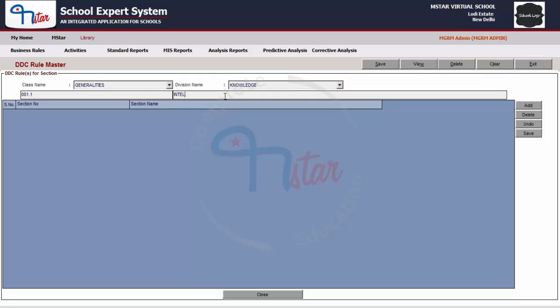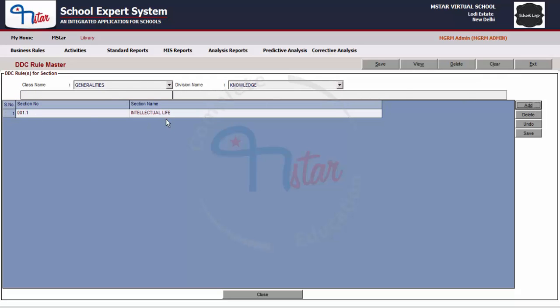In this field, you can enter a maximum of 250 characters, and both text and numbers can be entered. Again, limited special characters like dot, comma, dash and slash can be entered. After entering the section details, click on the button Add and the respective details get added in the grid below.